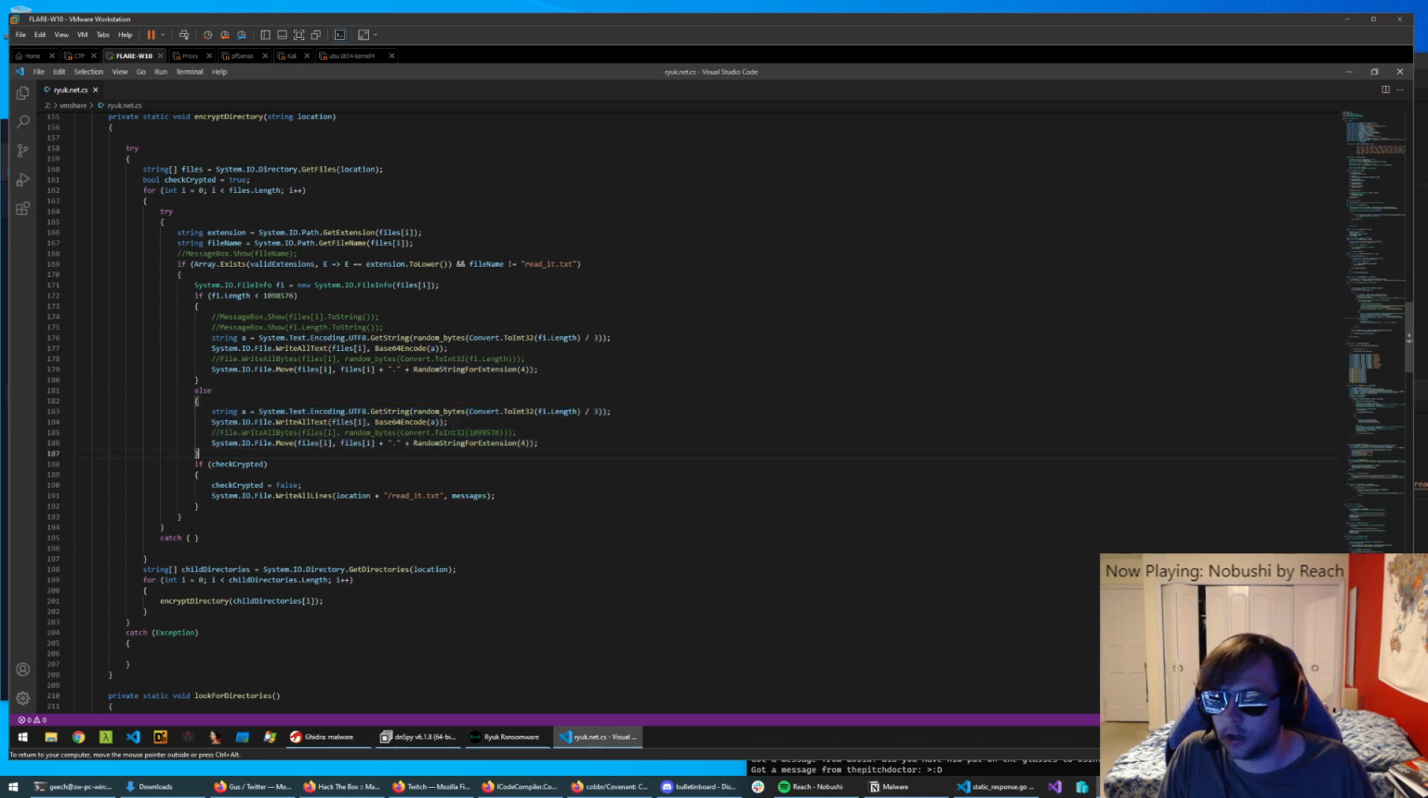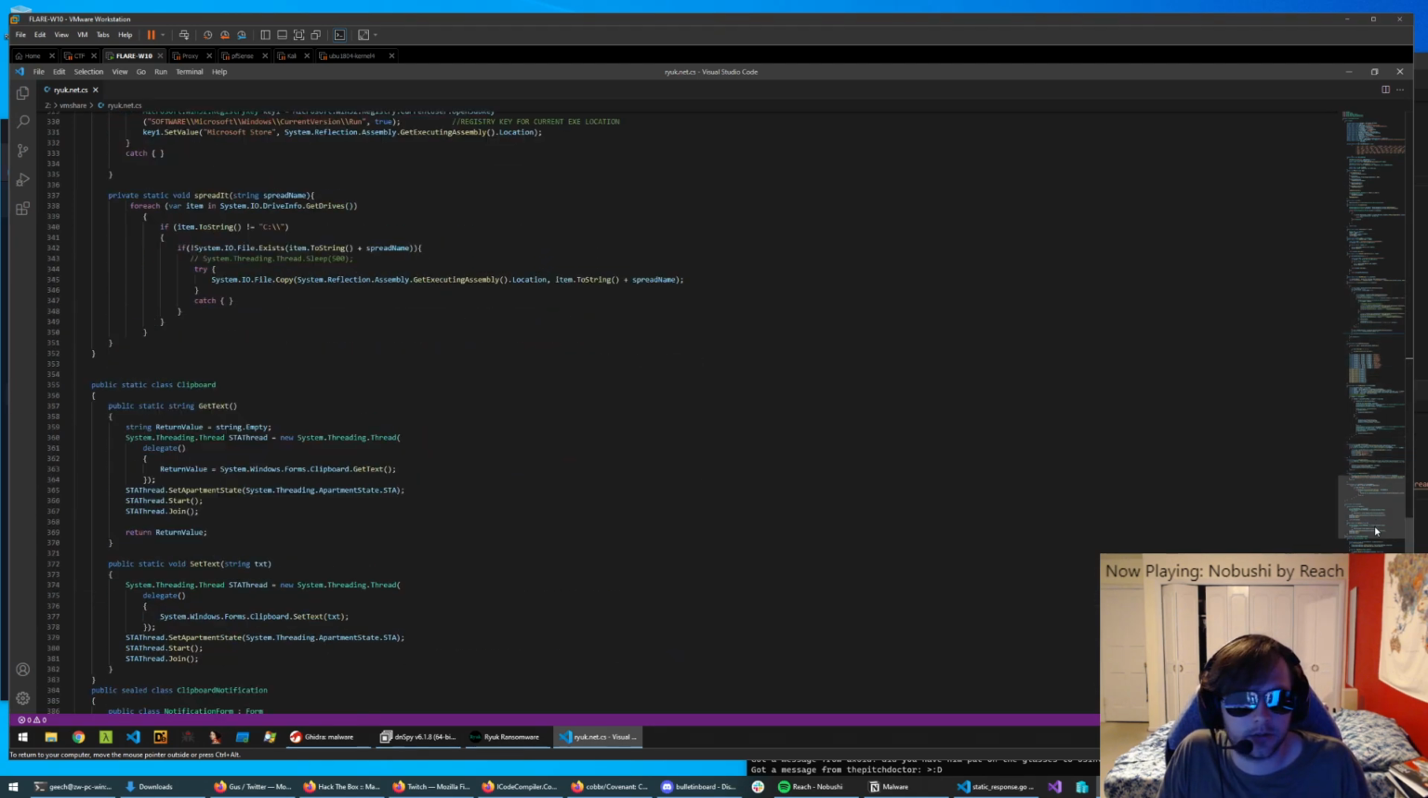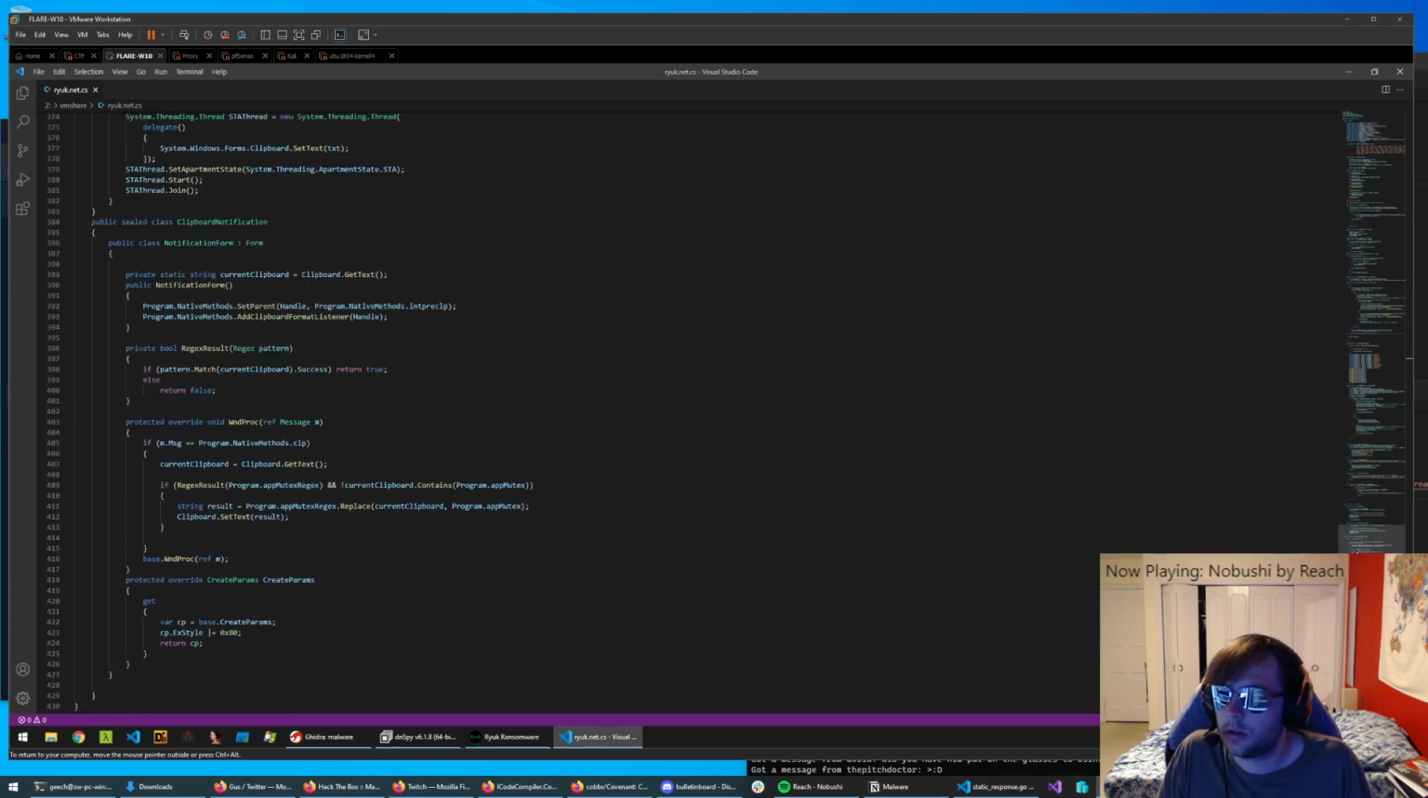And then it recurses through all the directories, child directories, and it calls itself on everything there. So it just operates on one thread, and it goes through and just encrypts. It pretty much just wipes the file system for any of those targeted file extensions. But it still drops a ransom note, and then it also does something interesting. So down here, with this clipboard notification class,